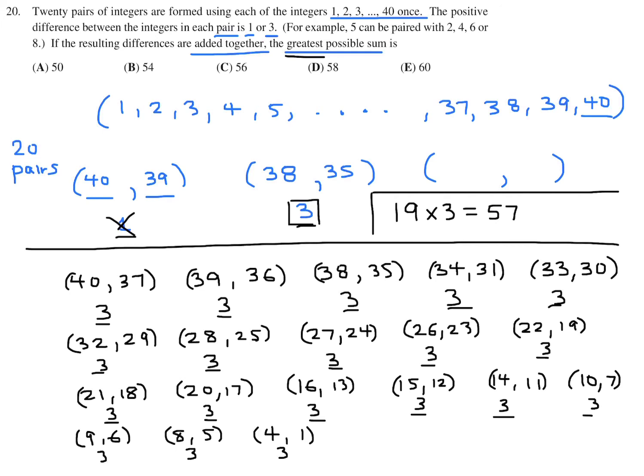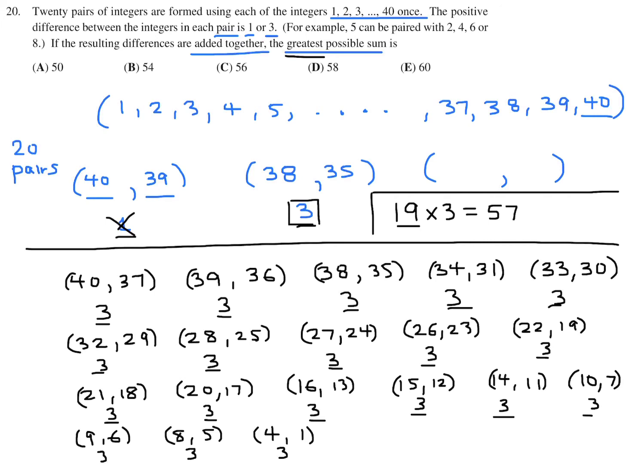All right. But 57 is not one of the answer choices. Why? Because I've only chosen 19 pairs. There's one pair left that I didn't write purposely because I wanted you to understand that so far everything's fine. I've done the maximum I possibly can. The one last pair that's remaining,